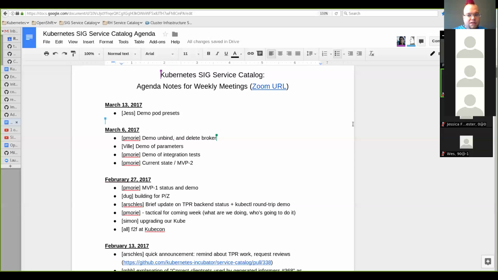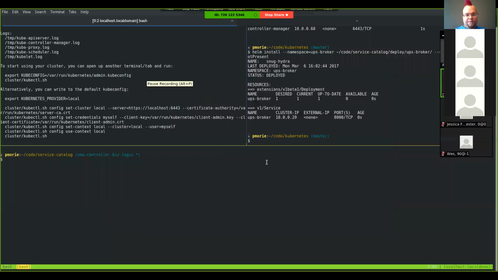Actually, can you see my terminal window? No, I only see the agenda. All right. Okay, so